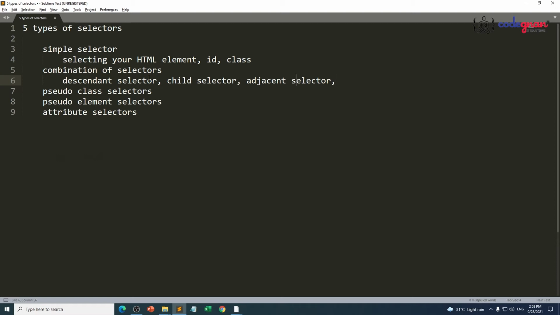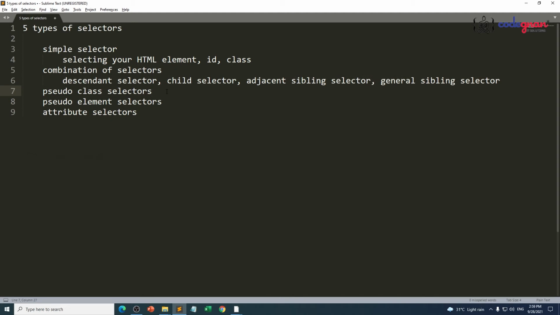It is also called adjacent sibling selector and general sibling selector. Adjacent selectors, general sibling selectors, child selector and descendant selector. Combination of selectors is divided into 4 parts.